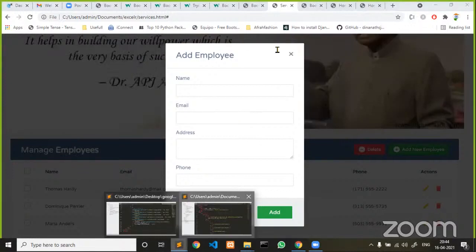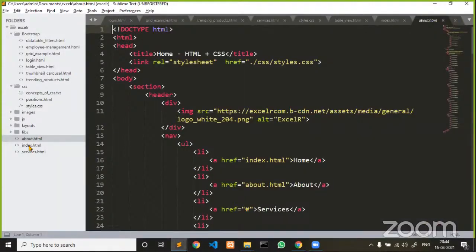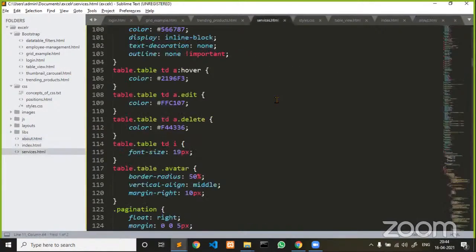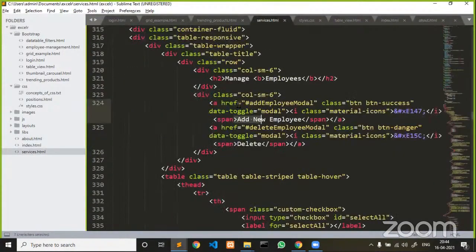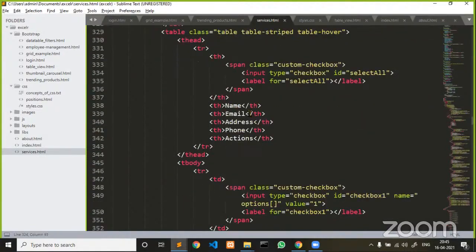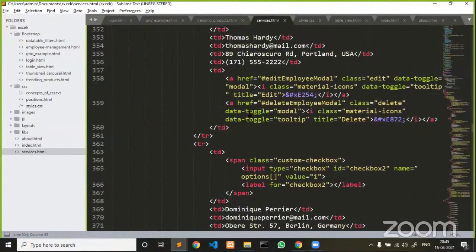If you go and check here, the moment the user clicks on add new employee, now see here, data target, href is add employee modal and toggle is equal to modal. Data toggle and data target. So with the target, you are targeting a particular division to open. To whom you are targeting, that is what data target defines.